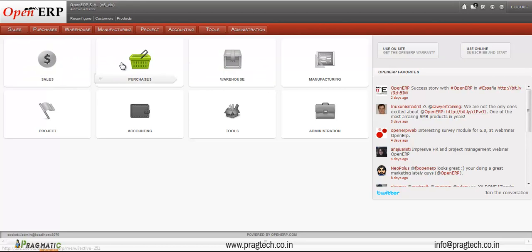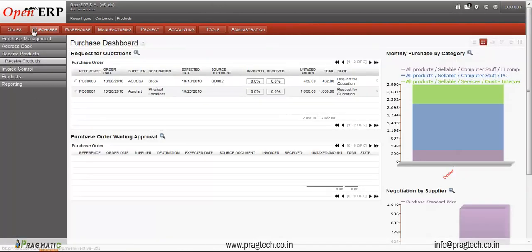When I click on Purchase Order, you will get this type of menu structure. Now the submenus are drop down menus. In terms of modularity, you have all the related modules accessible from here only. You don't have to shift the main menu to access the product, to see the partner's address, and to receive the products and invoice control. All the respective menus are under the main menu.